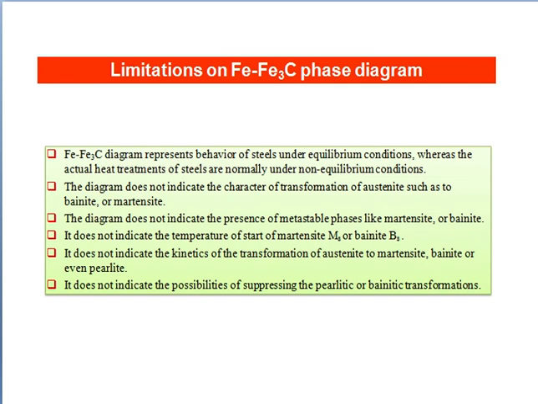Similar to pearlite, ledeburite is also a microconstituent consisting of a mixture of two phases, austenite and cementite. It is obtained when the liquid alloy containing 4.3% carbon is cooled below 1148 degrees Celsius. Below 727 degrees Celsius, austenite of ledeburite changes to pearlite, giving it a characteristic appearance under the microscope.